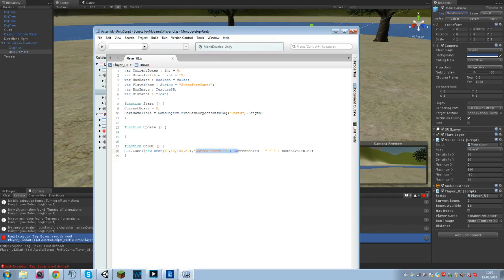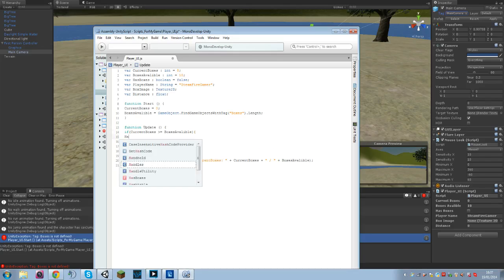This is going to be current boxes, the amount of boxes you've got, out of boxes available. What we're going to do here is create a little function here. If current boxes is greater than or equal to boxes available, then you could do has boxes equal to true,